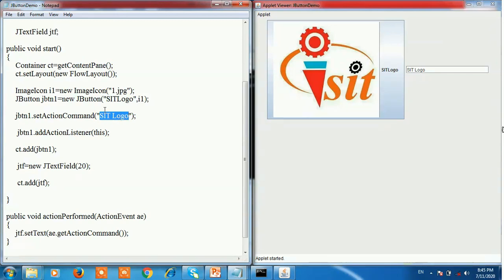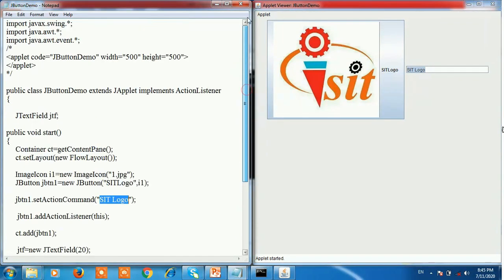That string is copied into the JTextField using setText. So when you click on the SIT logo button, the SIT logo message is displayed in the text field. Here the action event occurred, so we use the ActionListener interface. This is an example of JButtonDemo, a sample program of the JButton.